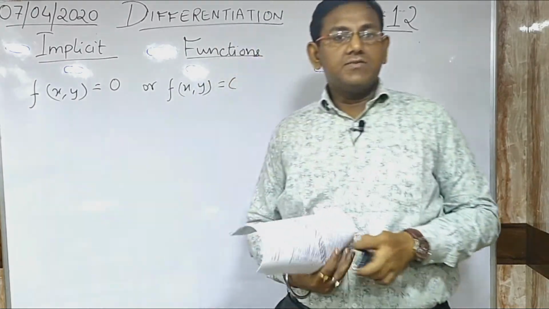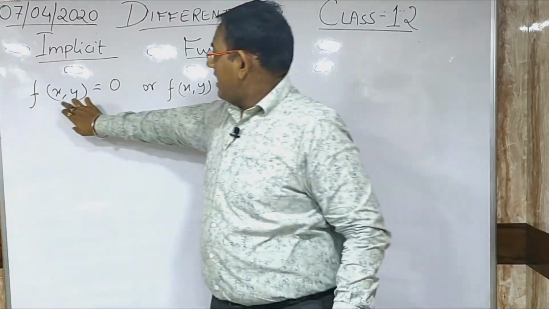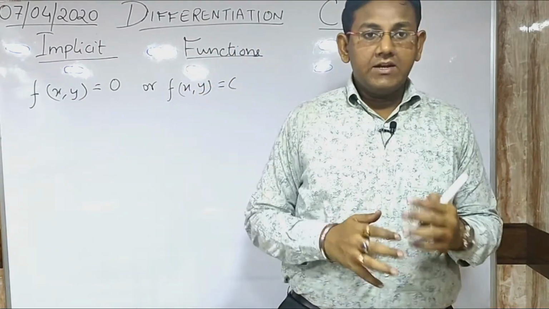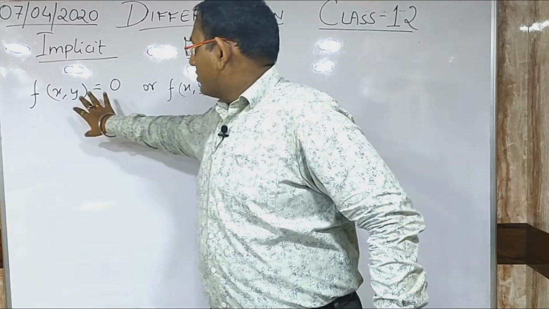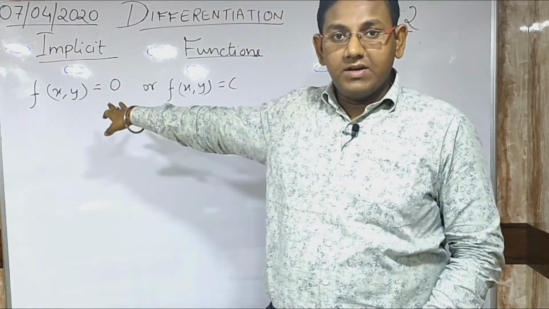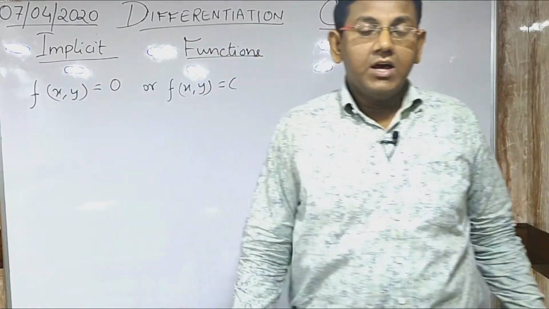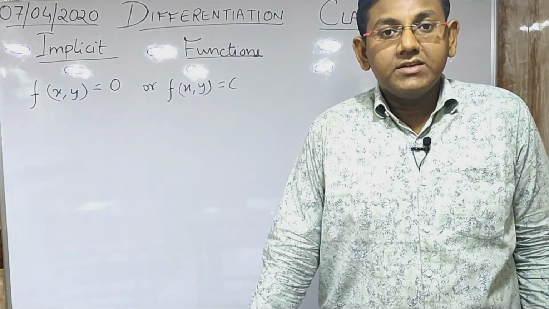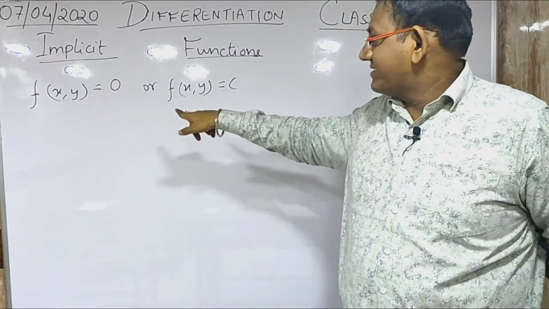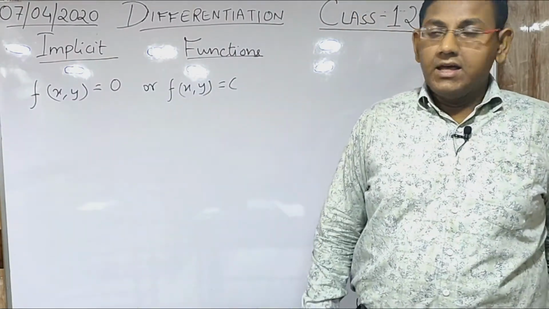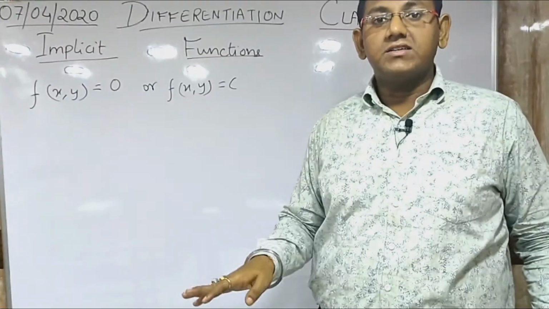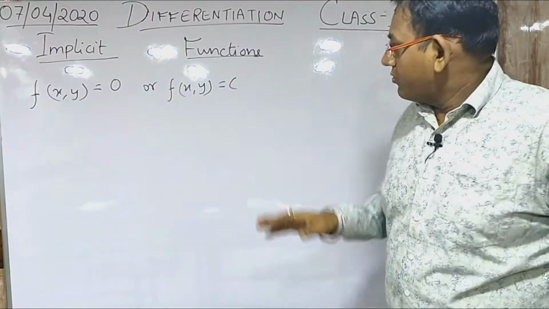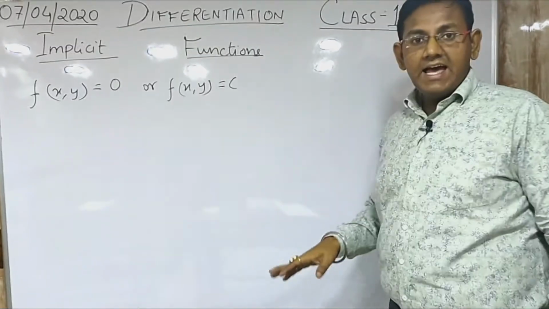Now in this particular function, f(x, y), what does it mean? We cannot segregate x and y separately. This function depends on both the variables x as well as y. So there is not one variable, there is more than one variable, that is x and y. In this type of differentiation, we will differentiate the function directly. How to differentiate the function directly? Let's understand this with an example.